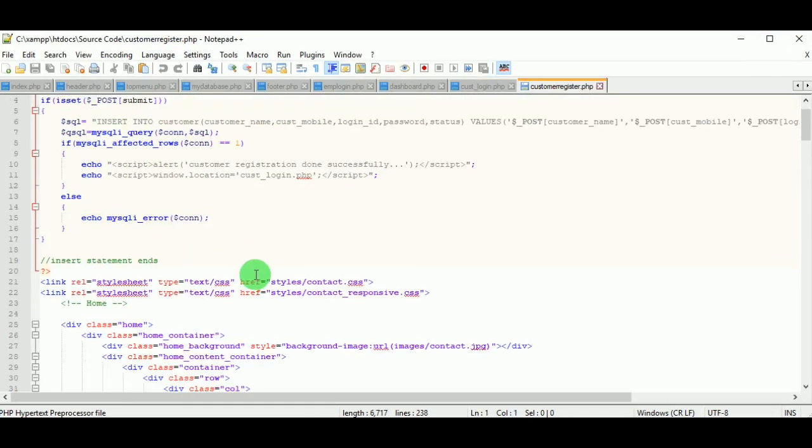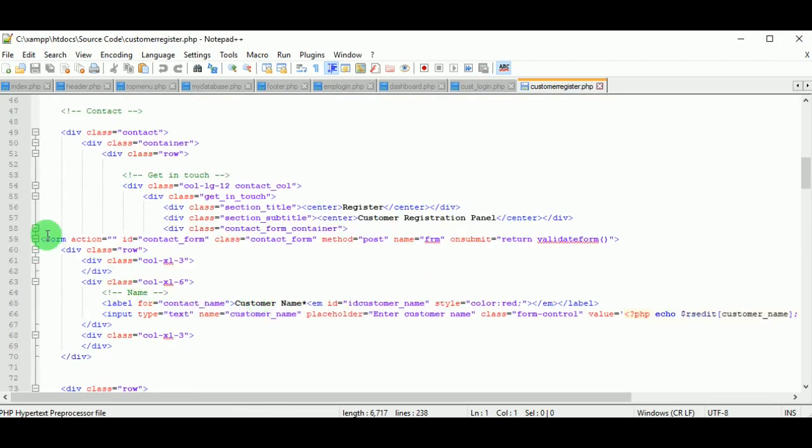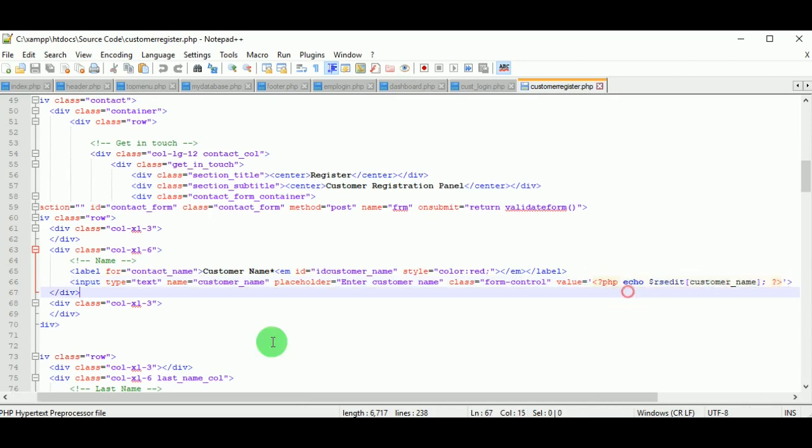Here you can see a form with the action on submit return validate form, and it includes different labels, customer name with the input type text, and the name of the field is customer name, and there is a placeholder as well as the value.